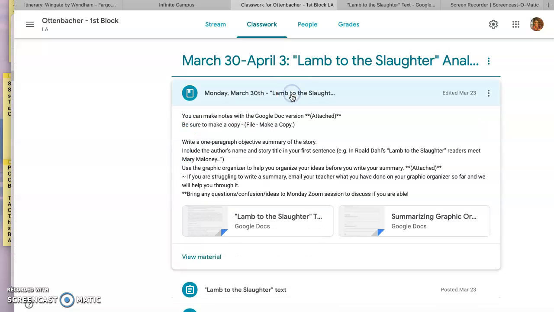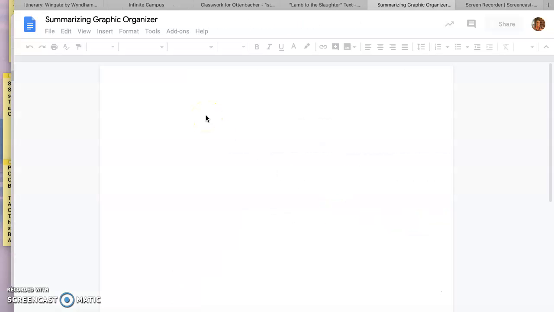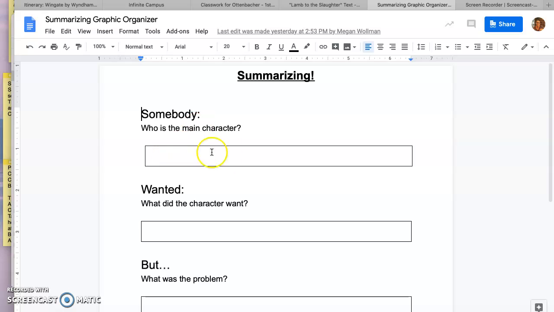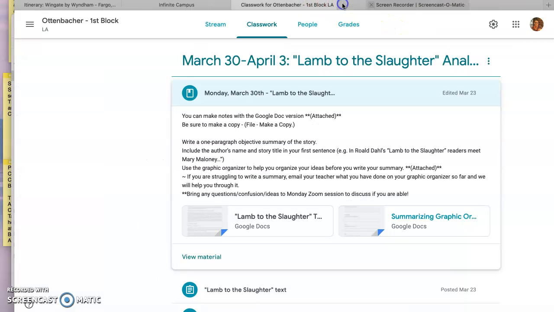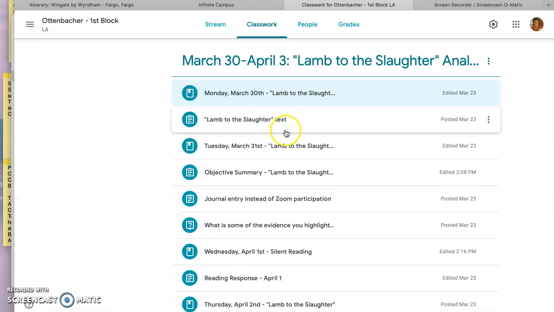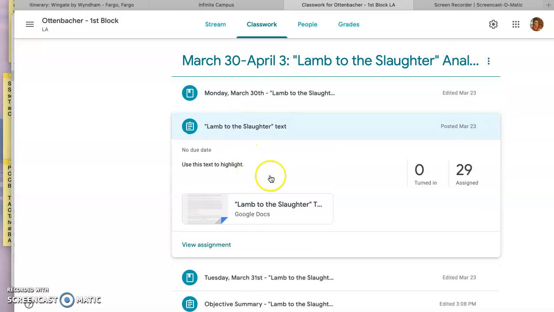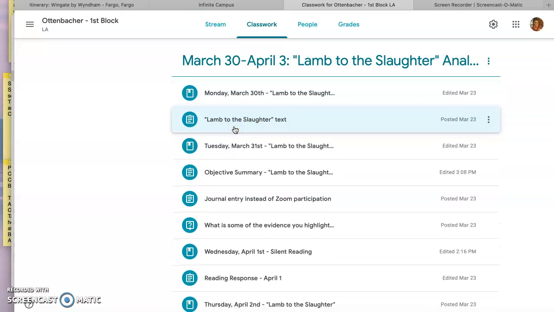So you read it, you write a summary. This gives you a graphic organizer. Again, same thing. Make sure you have your own copy of it before you type in it. Okay, but this gives you your actual text. See where it's an assignment, it's the clipboard. This is just the text, so it's not the assignment, but it is a assignment, meaning something you can use,